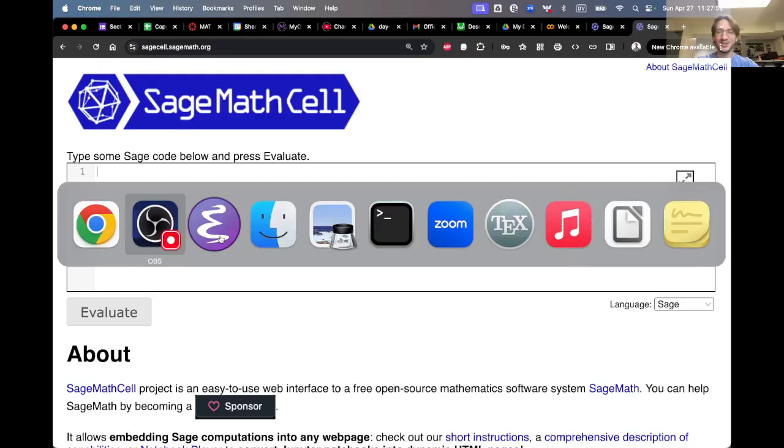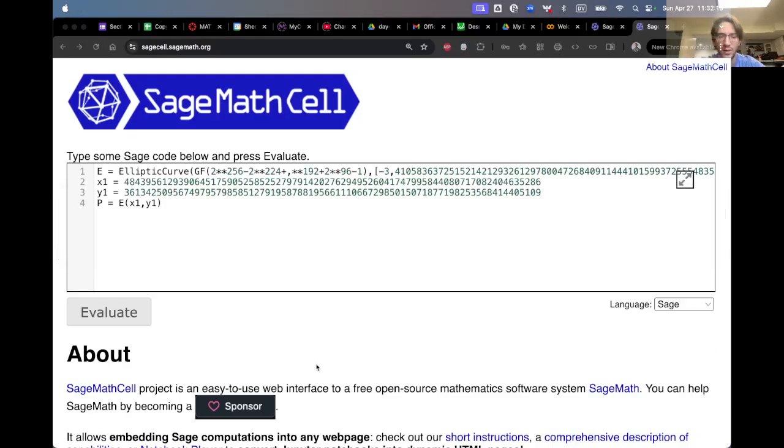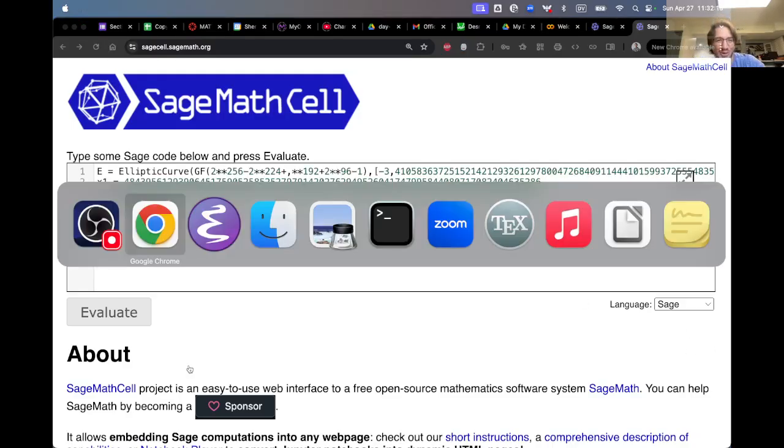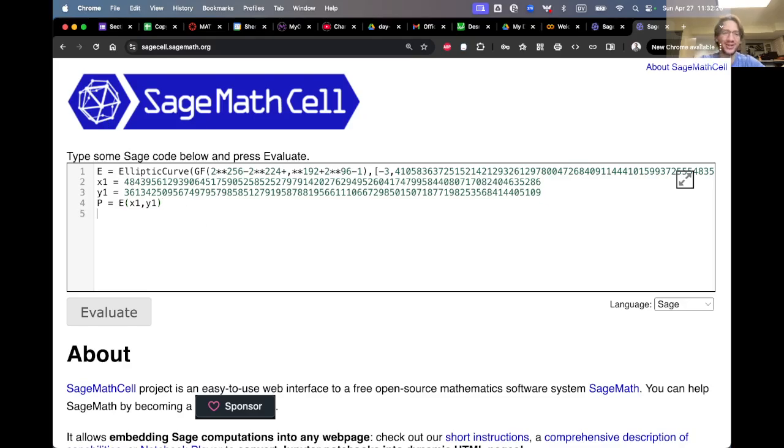I'm going to pause and get that back. All right, I got those parameters back. So there's our generator of this elliptic curve over this finite field. And so if Alice and Bob want to do this Diffie-Hellman key exchange again, Alice can again come up with